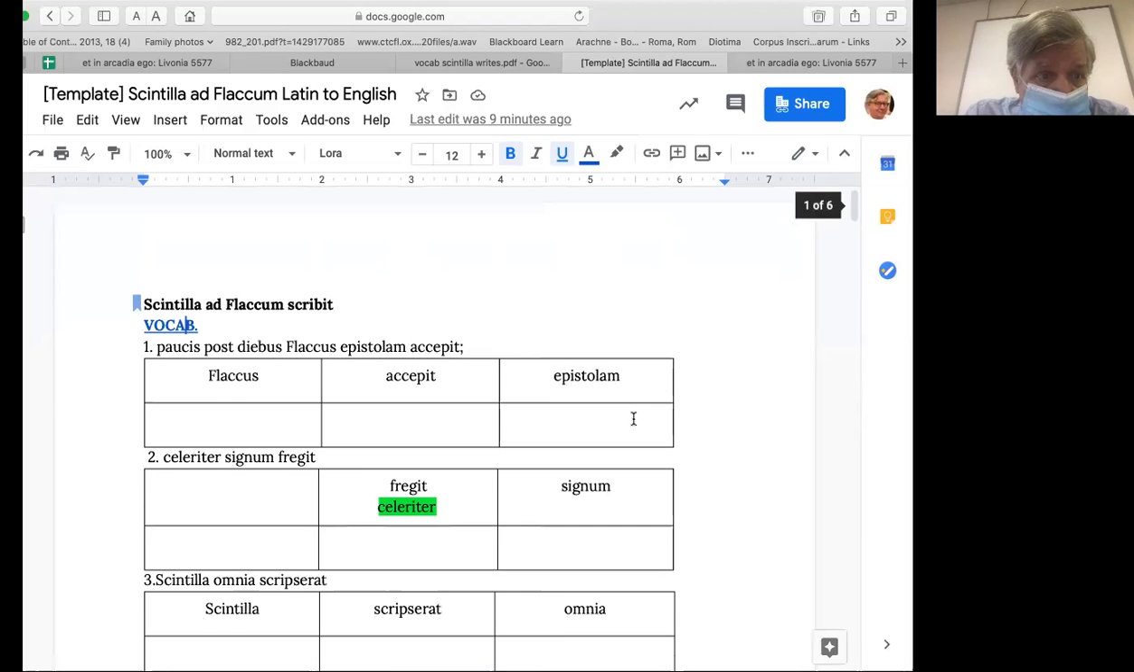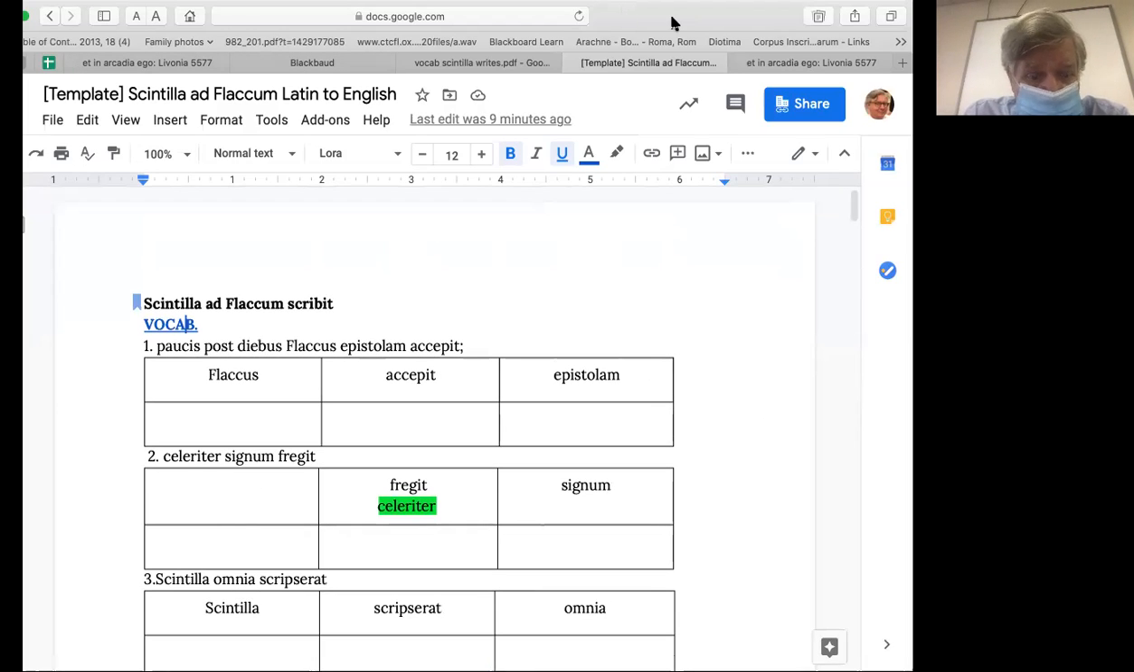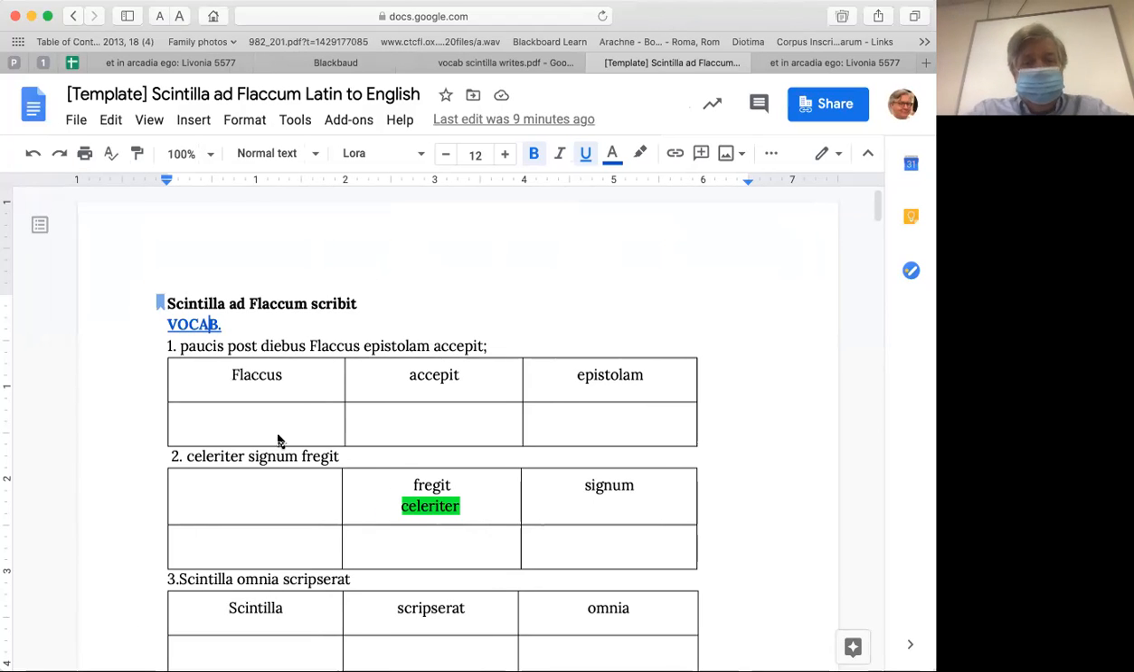This is the assignment for today, the 12th of October, especially for those of you who are quarantining at home or somewhere else. It's a letter. It's the next episode. Scintilla writes to Flaccus, which is all that says here. Scintilla writes to Flaccus. There's vocabulary here, a vocabulary link,